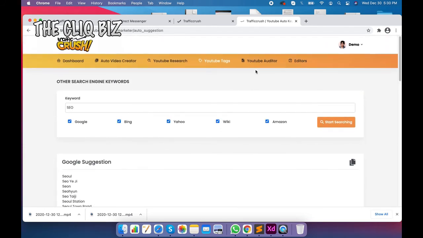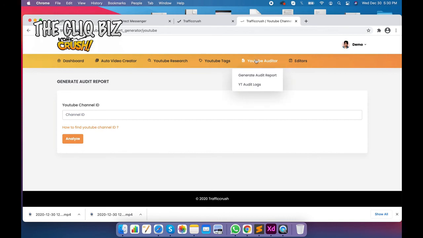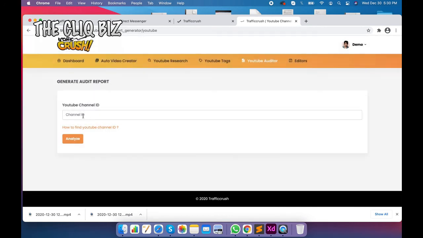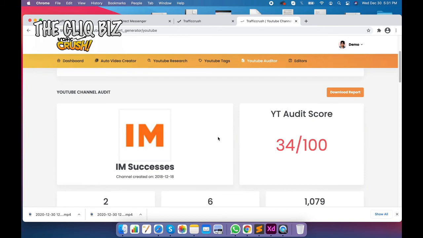Now YouTube auditor is like generating an audit report for your channel. Just click on generate audit report, type your channel ID, analyze it. You can see the channel audit and the ranking is 34.